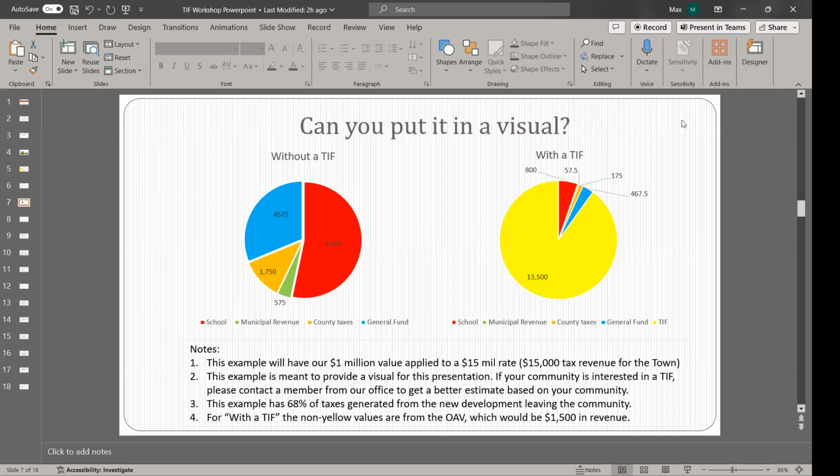So if I'm understanding TIF correctly, you're basically taking valuation and tax base or tax cost, shifting it from the town and putting it onto the state. Well, yes and no, because it's either you losing all that tax revenue to the state, or you get to invest the money that's already in your community back into your community. It's going to have to be paid at some point.